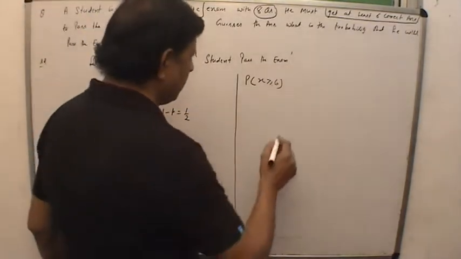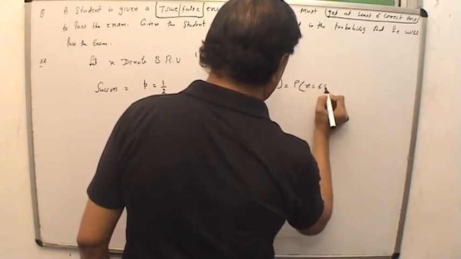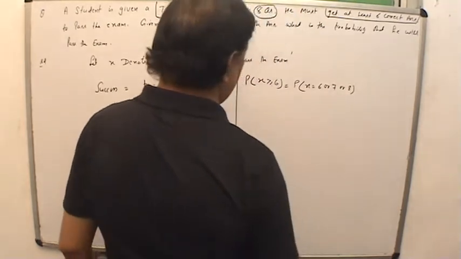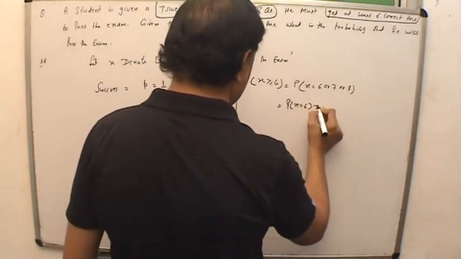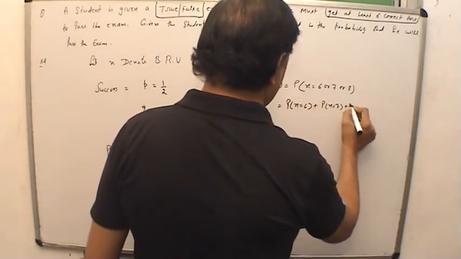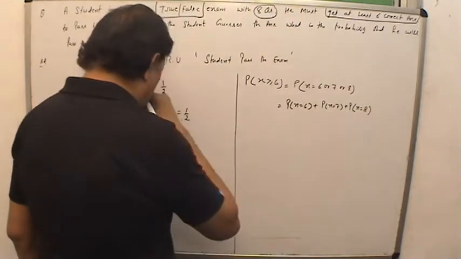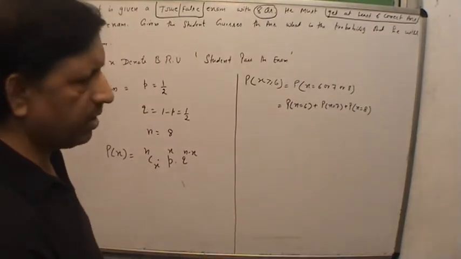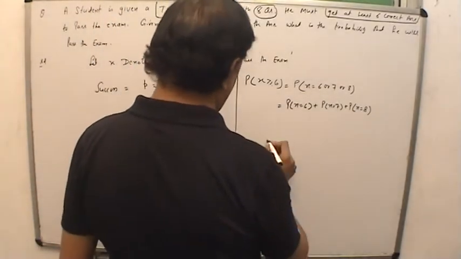It means X is equal to 6 or 7 or 8. That's the addition theorem: P(X=6) plus P(X=7) plus P(X=8). Since all the values are independent of each other, or mutually exclusive,